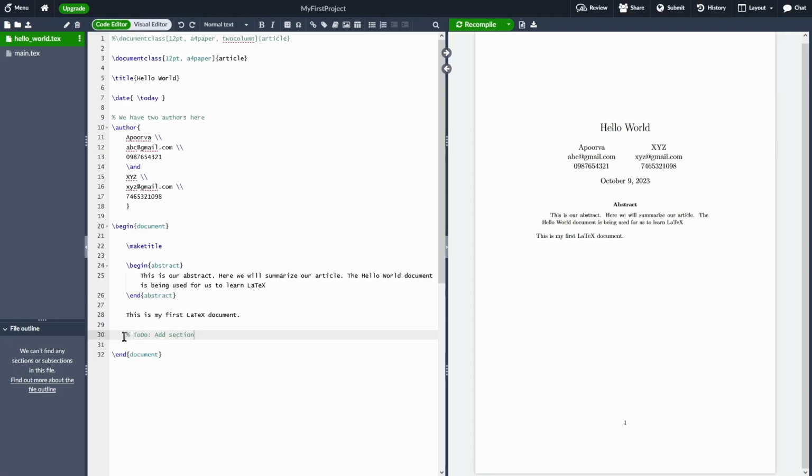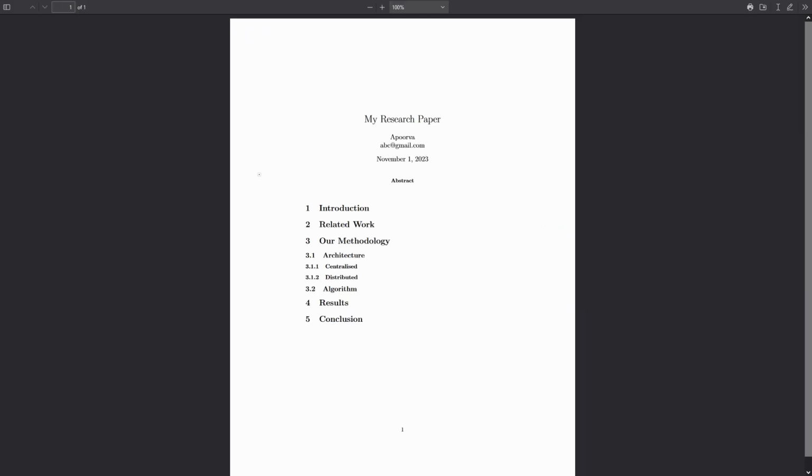Moving on, let's actually implement this to-do action item, that is adding a section. When we are writing a document, it makes sense to split our content across sections, right? We can go ahead one step down and do subsections, and we can go further down and do sub-subsections. For instance, if I were to write a research paper, I would distribute the content across different types of sectional